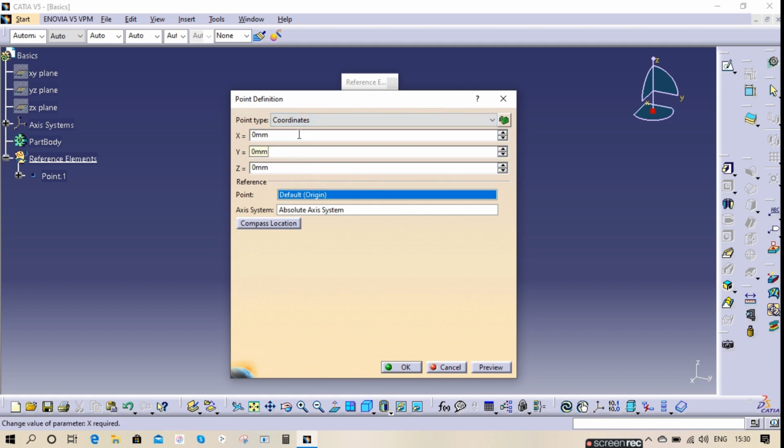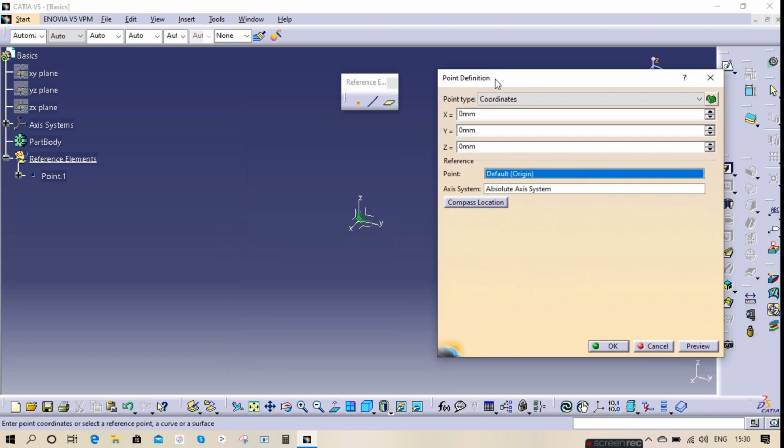First we'll see coordinates. We know the coordinates are x, y, z. If you know the coordinates, put 10 or else 20. This is the x direction of 20, this is the y direction of 20, and this is the z direction of 20.